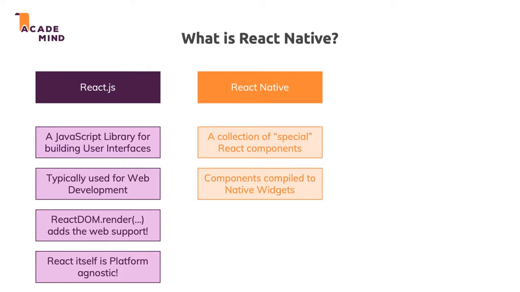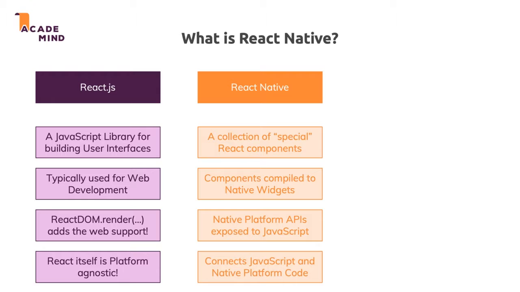Now, besides giving you these components, React Native is a bit more than that. It also gives you access to some native platform APIs. For example, it helps you use the device camera, so things like that, common tasks you would want to do in native apps. And in general, React Native gives you tools to connect JavaScript code to native platform code. Because you typically build a React Native app by mostly writing JavaScript code, or depending on the app you're building, by entirely writing JavaScript code.